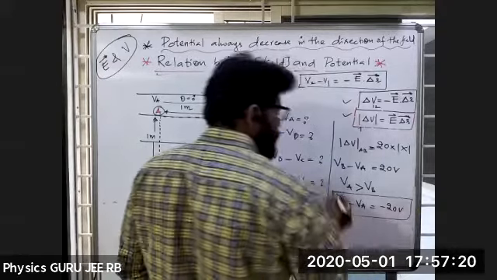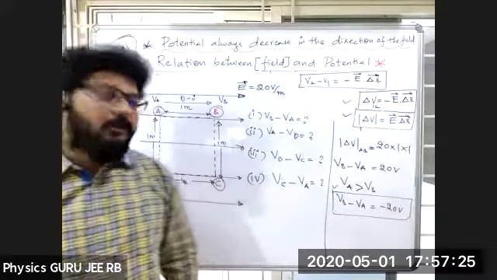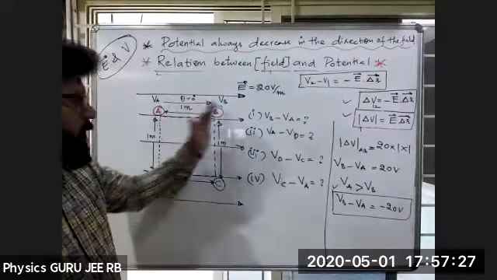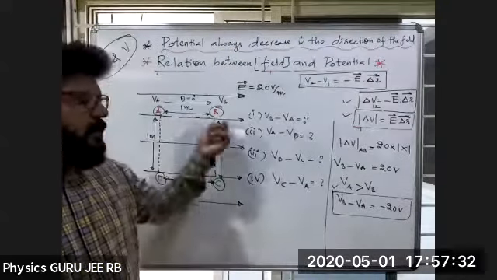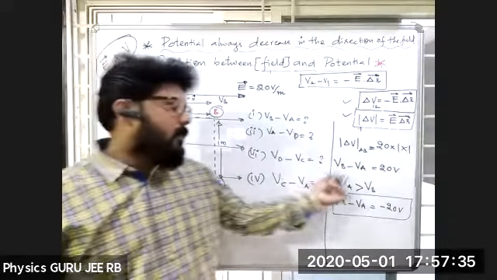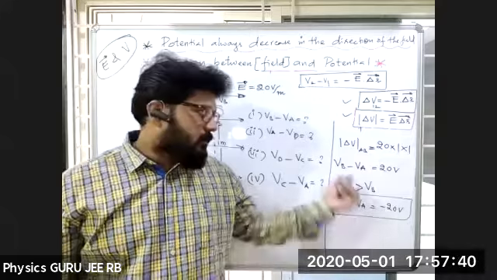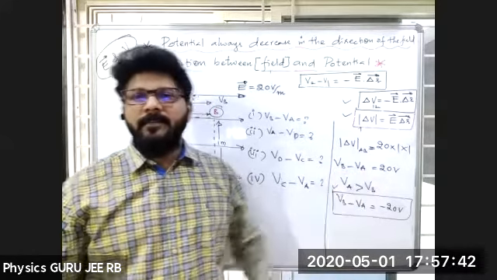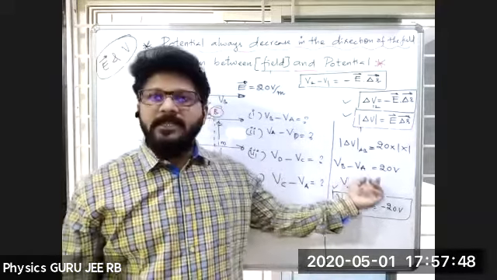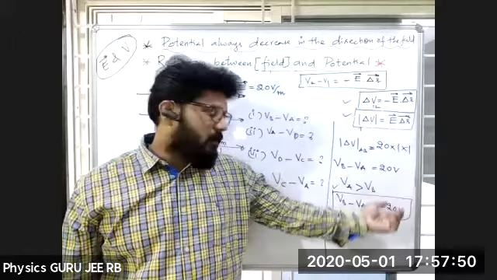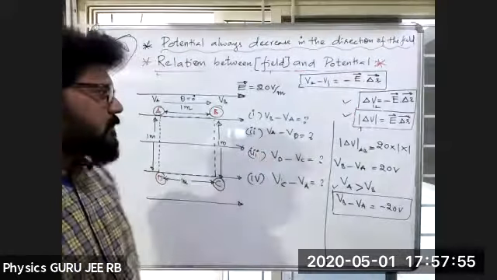Is this clear? Minus 20 volts. Why? Because as we move from A towards B, VA should be greater than VB. But what we got here, VB minus VA is 20. It is not possible because VB is a smaller value than VA. So VA minus VB may be 20 volts, but VB minus VA it may be less. That is nothing but the negative sign. Is it clear? Now can you tell me the second one?